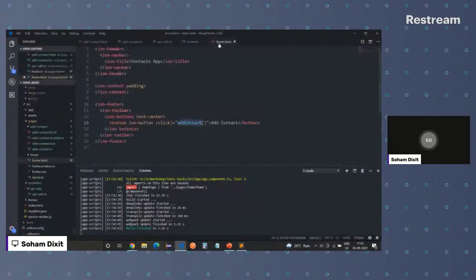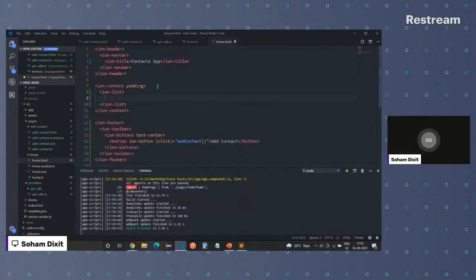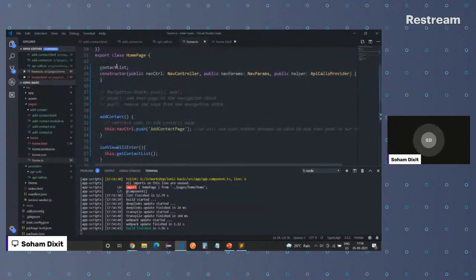So it's more about playing in the HTML now. In ion-content, we'll have a list wherein we'll render this result, and in that list, let's have an item. This list is something we need to iterate over the object which we just stored. So let item, this is typical for loop syntax in JavaScript, let item of contactList, which we defined.